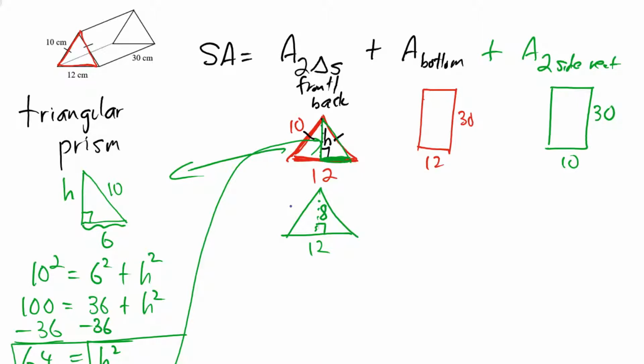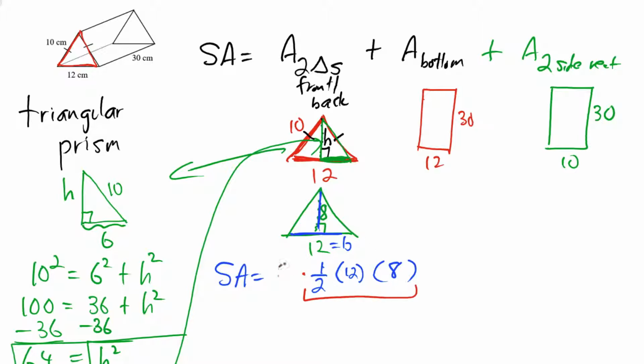All right, so we are now ready to complete the surface area of our triangular prism. Our surface area, starting with the triangles on the front and the back, the area of one triangle is 1/2 the base times the height. The base is 12, and our height is 8. And since we have two triangles, one on the front and one on the back, we have to multiply our